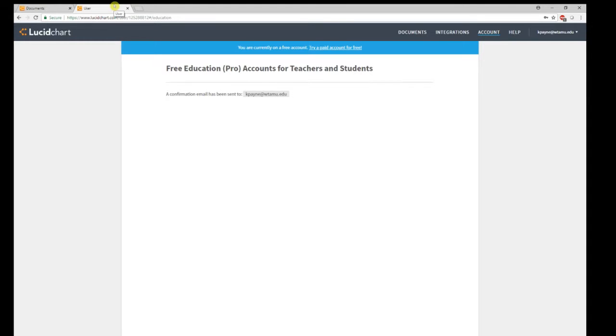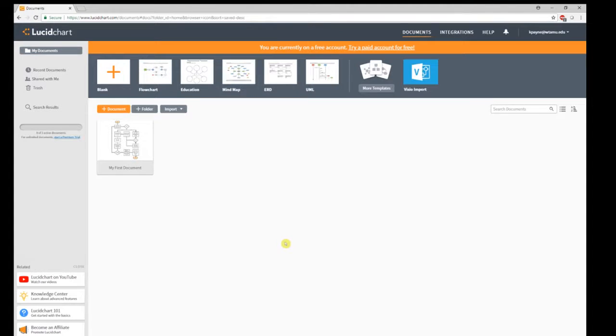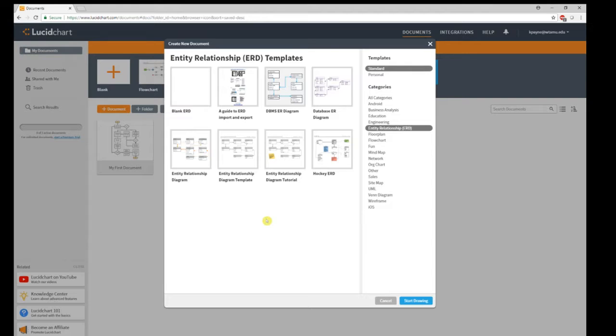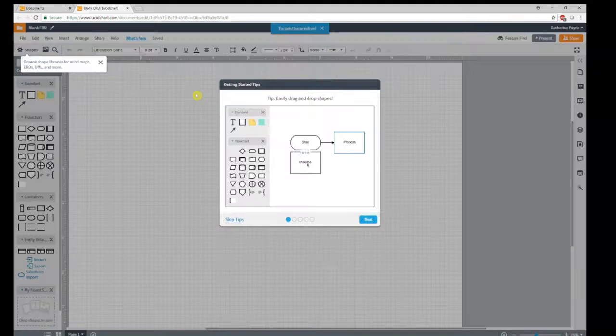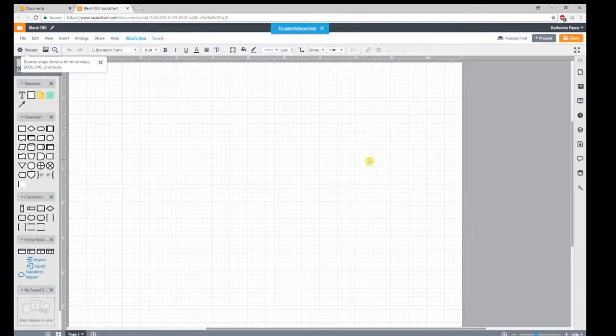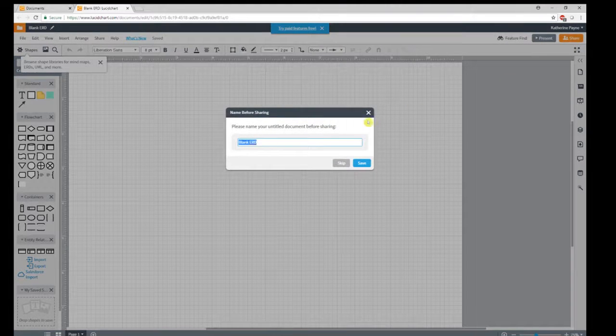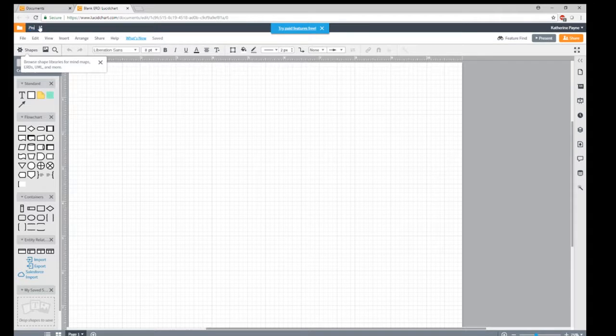It might take a little while for the verification email to come in, so I'm just going to close this window. From here you'll see it actually offers the ERD as one of the diagrams that we can create. Let's choose blank ERD. Lucidchart will then open up a new window where you can work on your document. One of the nice features of Lucidchart is that you can share your document with other people through email, similar to how you would a document in Google Drive or Dropbox. Instead of uploading your project file to Blackboard, I'll just have you share it with the email address here. I'm going to click on the title and rename this Practice ERD